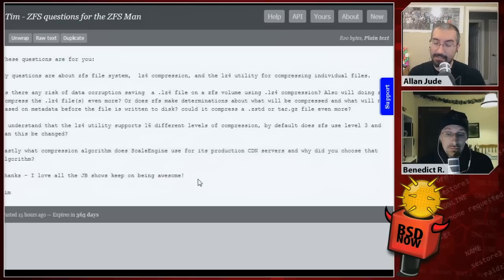So currently in ZFS, no. What it does is when it calls the compressor, it says, here's some data, please compress it. It gives it an output buffer that is 12.5% smaller than the input buffer. If the compression can't make the data fit in the smaller buffer, the compression will fail. And ZFS will know, okay, I will store this uncompressed because the compression isn't going to be worth it.